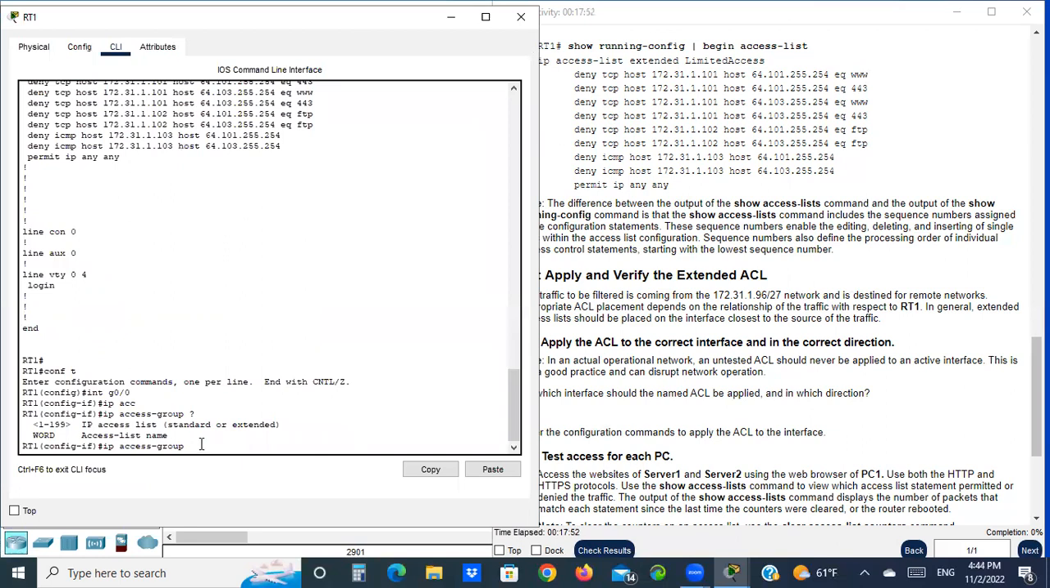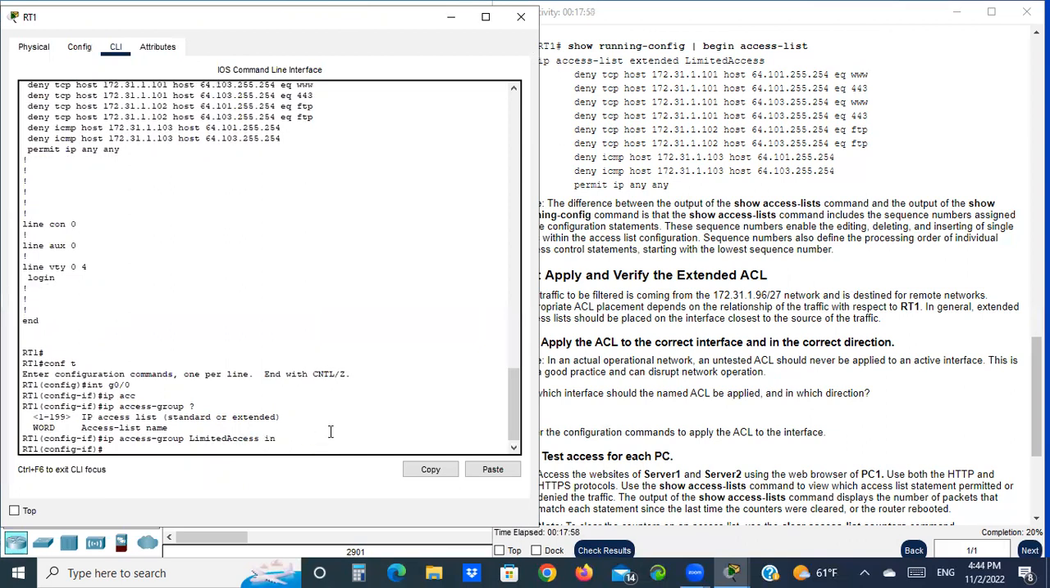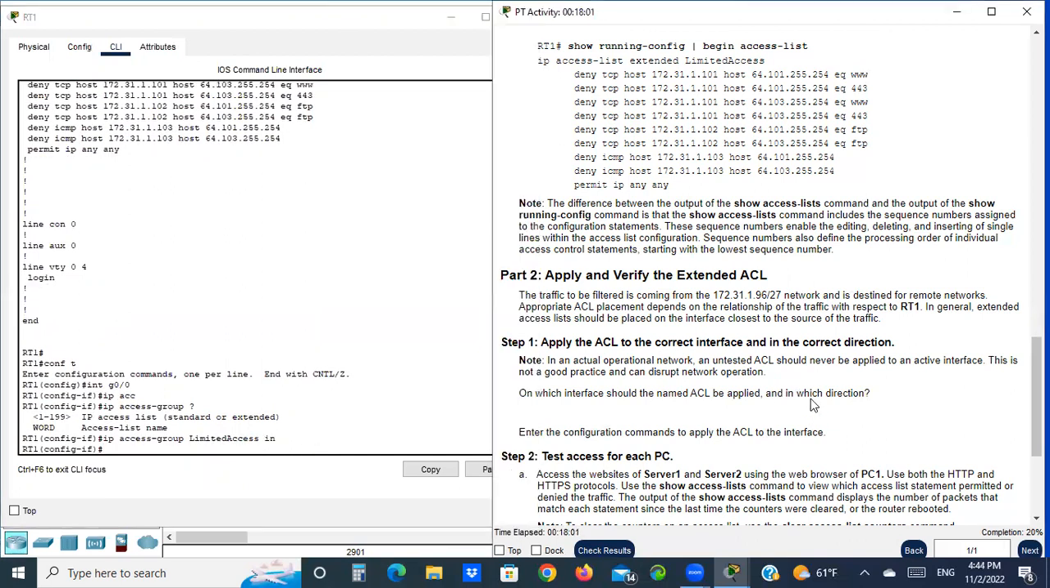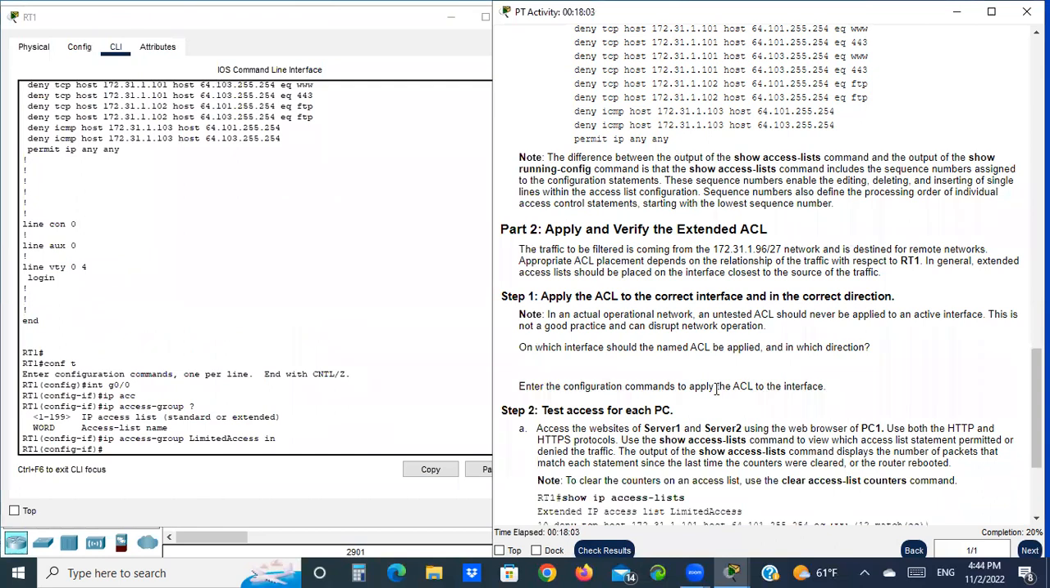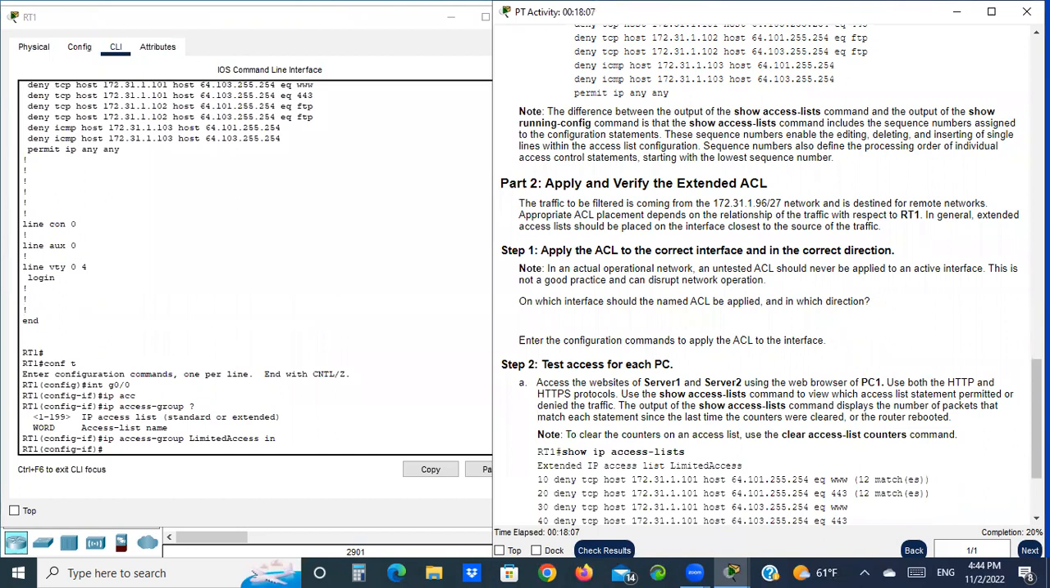All right, and the direction is inbound. So the apply is done. We configured and applied, so our work is supposed to be done. The completion is supposed to be 100% here, but we only get 20%. Why? Because